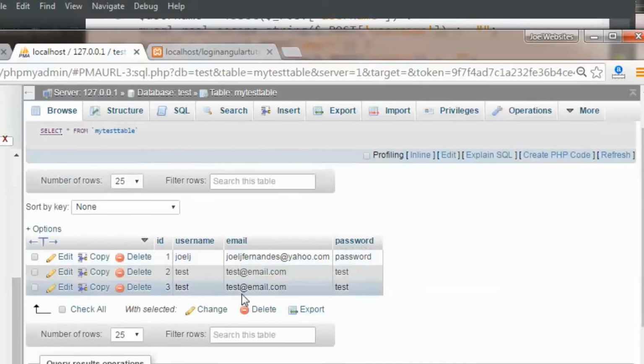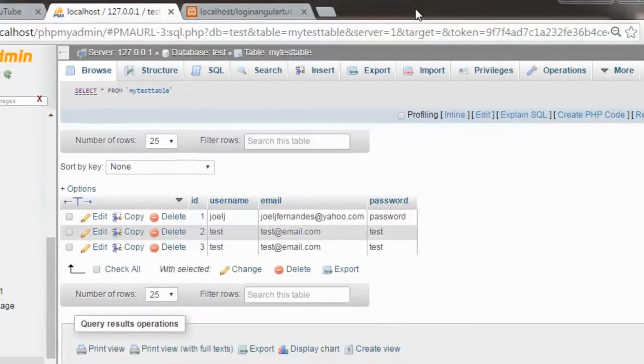Okay, so you see that data has been inserted now. There were a few mistakes in the code, so I have rectified them. One was that the id column was not auto increment, so it was not accepting null values, and the other mistake was that the URL that I was passing the variables to was wrong.